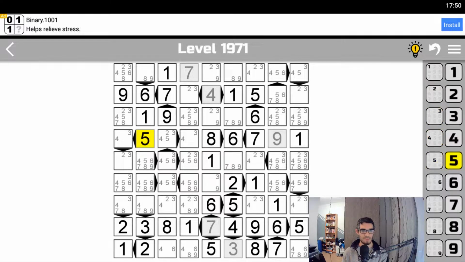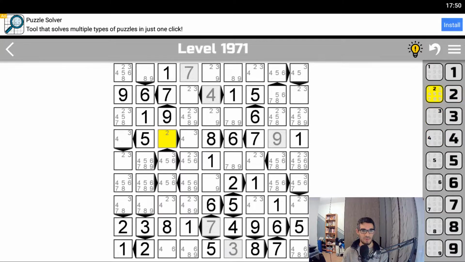That means that this one must be a 5. And this one can be either a 3 or a 4 or a 5. So this must be a 2. So this can be a 2. Okay, oh yeah, it doesn't work because of the fact that if this is a 2,